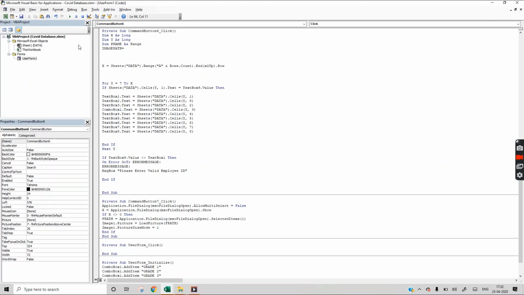So the image path will be this. All my photos will be saved there, and this search button will receive the photo from that folder only.